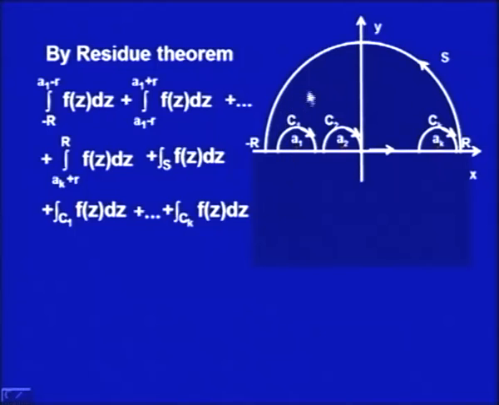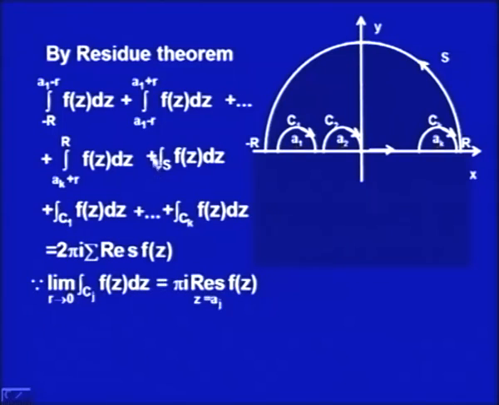Since it has finitely many poles interior to this contour, by the residue theorem it should be equal to 2 pi i times the summation of residues of f(z), where the summation ranges over all the poles which are interior to this circle. Now, as the limit r approaches 0, because we have to take this as small enough,